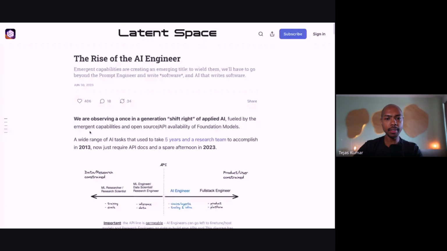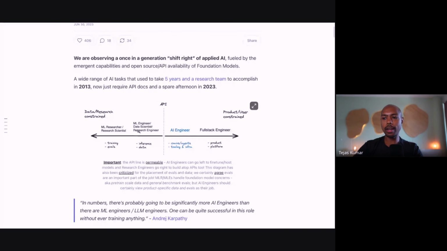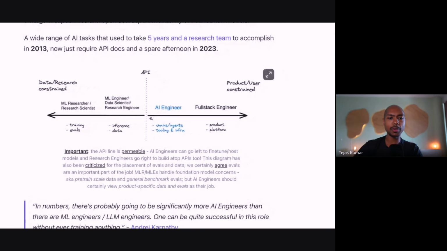In it, he talks about where AI engineering lies, and this graphic is so important. On the left you've got data and research, machine learning research. This is academic stuff for people with PhDs, and machine learning engineers and data scientists. This is all Python people who train models and do inference. Then you've got this big line down the middle, which is the API.